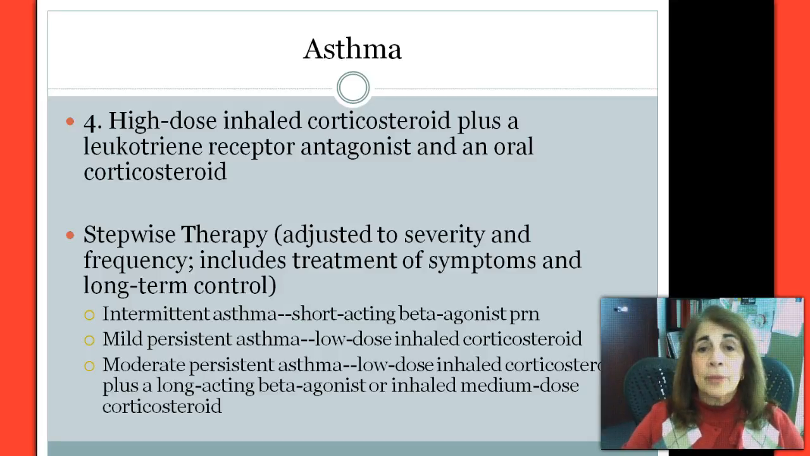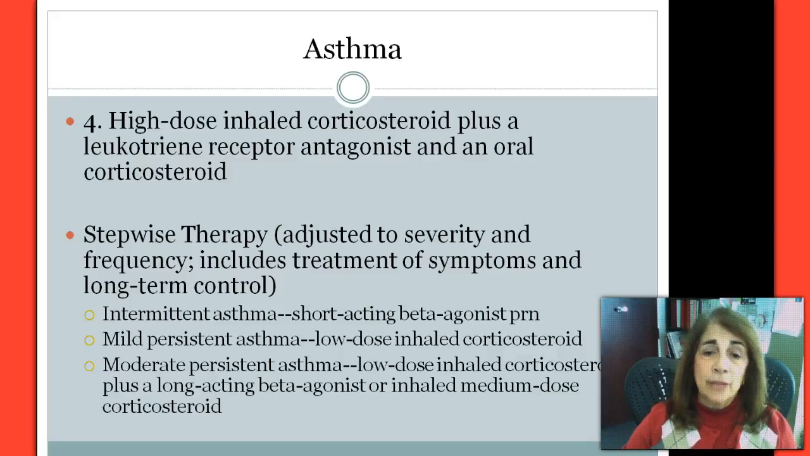Treatment for asthma using the accepted evidence-based guidelines is a stepwise therapy that's adjusted according to severity. It includes treatment for acute exacerbations as well as long-term control. And there are 6 steps. The first step is intermittent asthma: short-acting beta agonist only as needed, usually in the form of an inhaler. Step 2 is